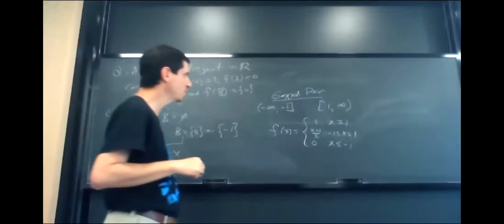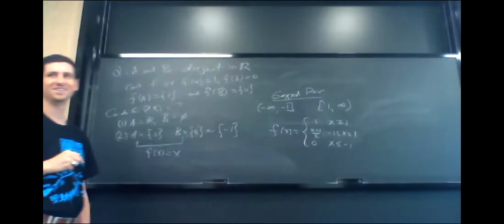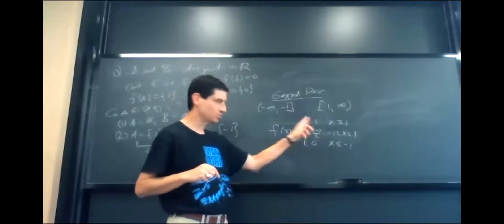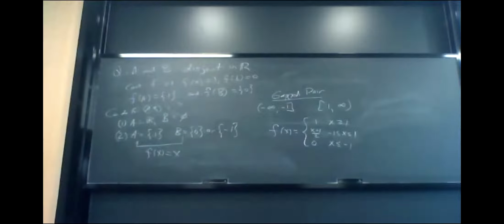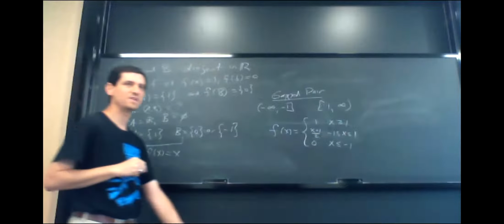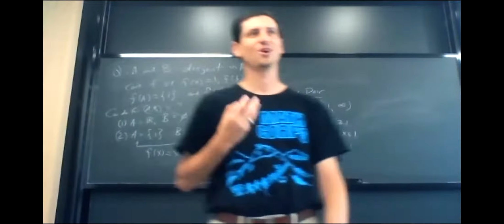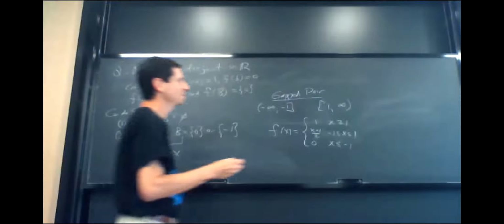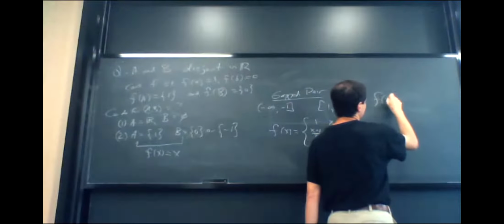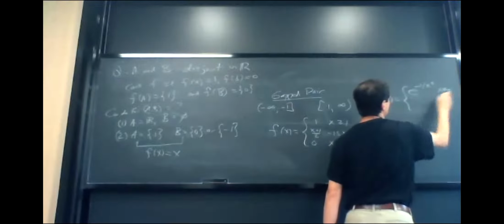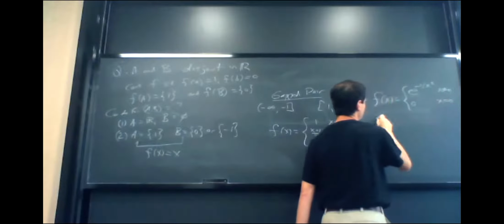We can, of course, also use one of my favorite functions of all time. I think this works. When you take x equals negative 1, you get 0. When you take x equals 1, you get 1. So does anybody remember my favorite or least favorite function from real analysis? This is the function that shows you why real analysis is hell and why complex analysis is a joy, because this function is not allowed into complex analysis. It's not complex differentiable. Oh, e to the negative 1 over x, right? Yeah, e to the negative 1 over x squared if x is not 0, and 0 if x equals 0.